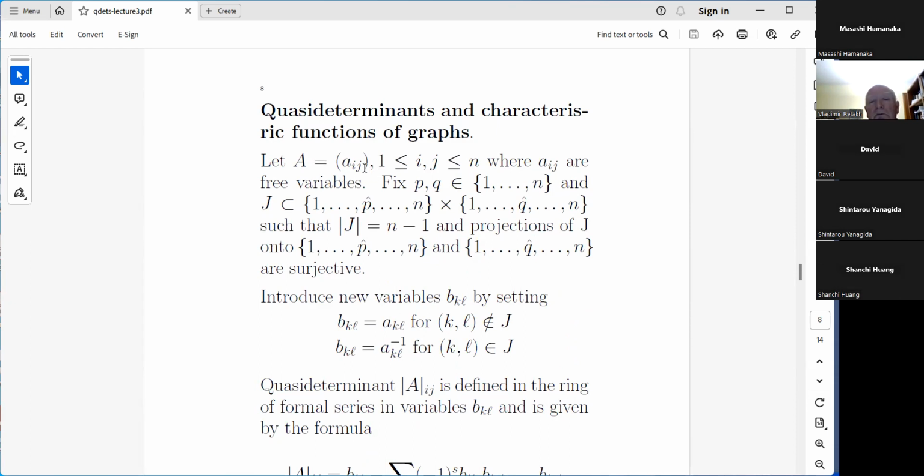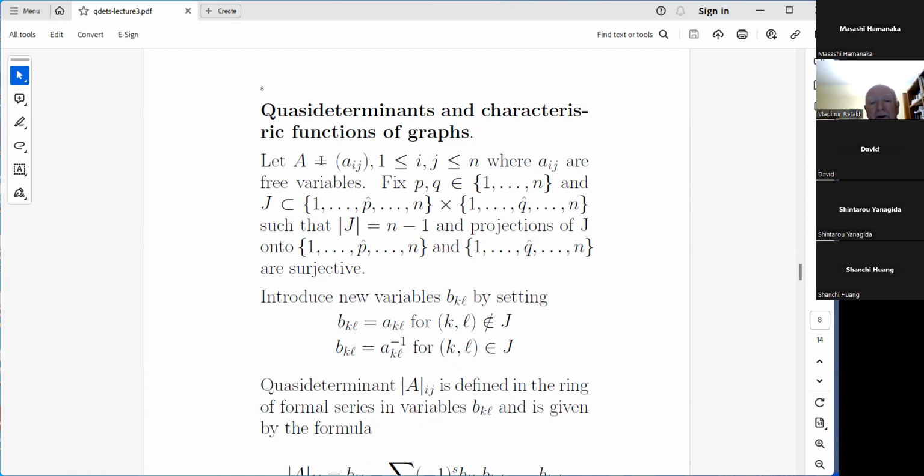Okay, then what I will do is the following. If I want to consider quasi-determinant Aij, then I will remove from A